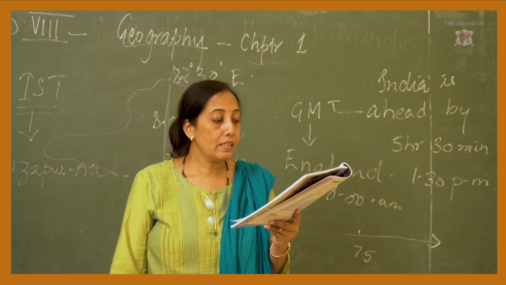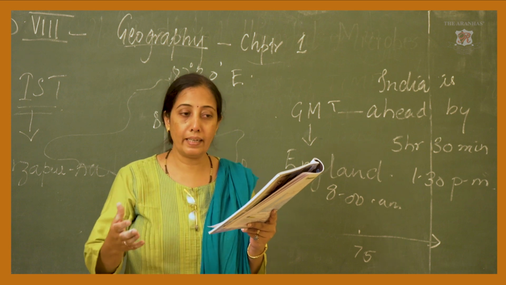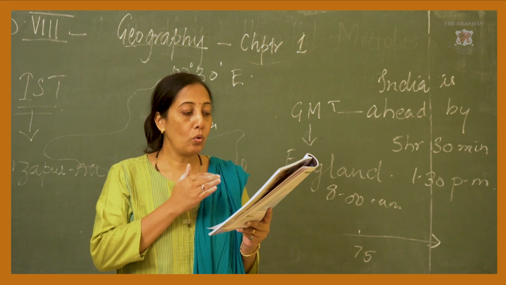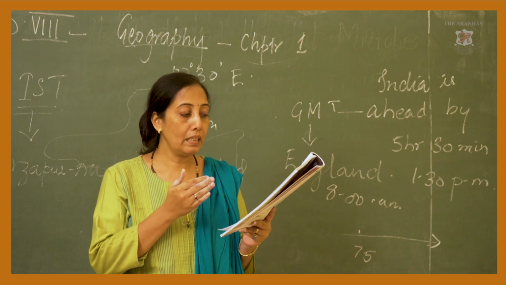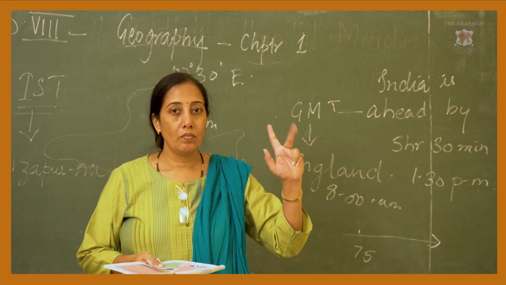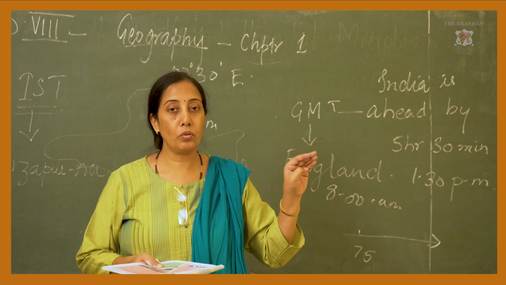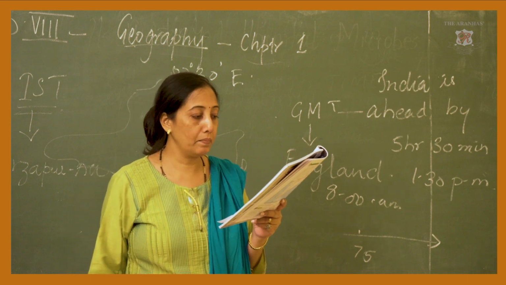Now, see, if it is 8 a.m. in India, what is the time in Greenwich? So you are ahead, so in Greenwich you have to go behind. So as you go behind, what would happen? If it is 8 a.m. in India, go back 7, 6, 5, 4, 3, and half. So it's going to be 2:30 early morning, 2:30 a.m.